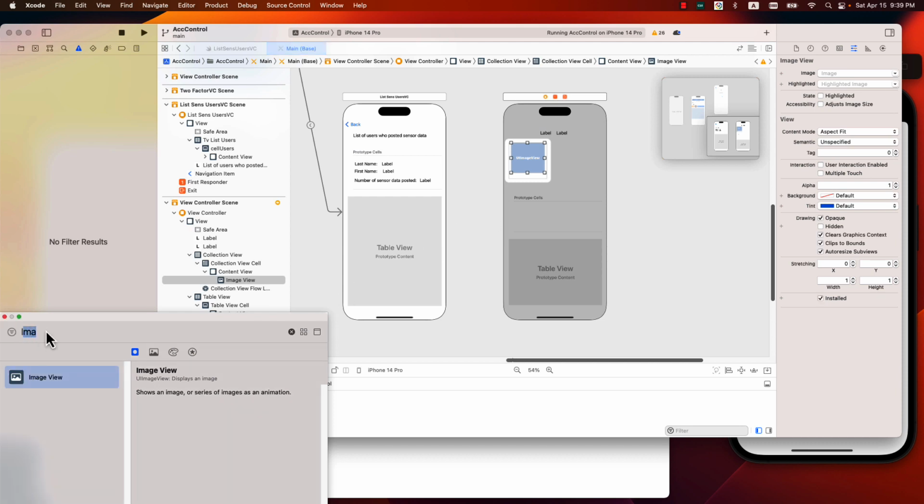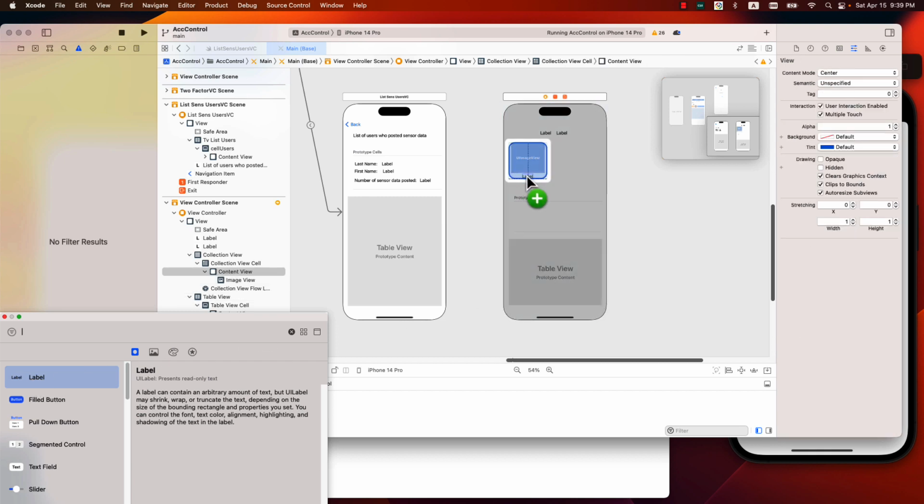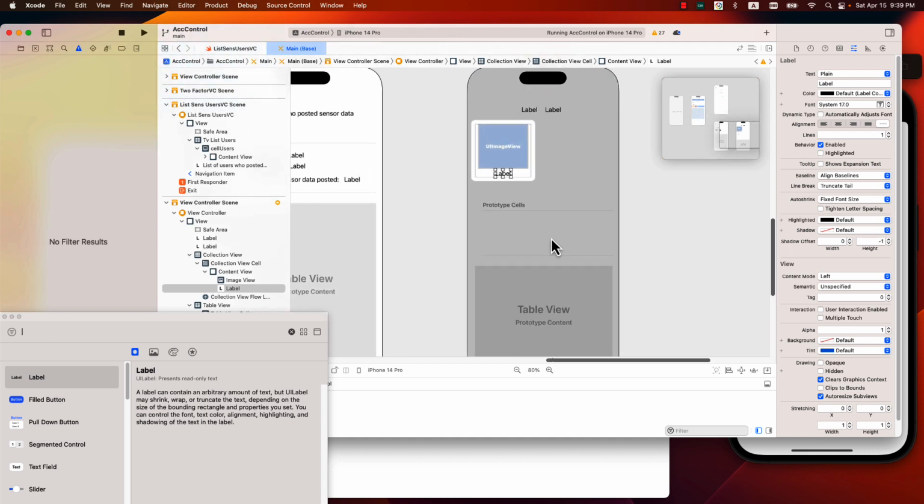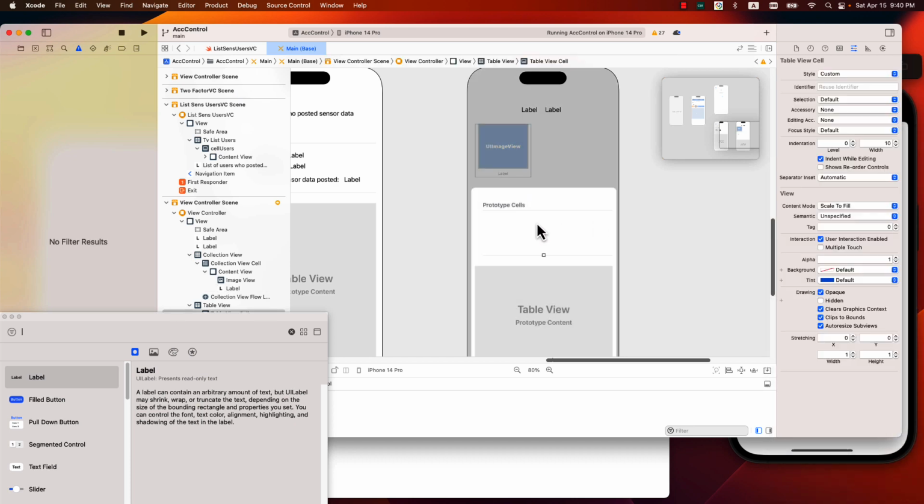And then label. Yeah, I'm gonna put this label here. Make this a little bigger. And then center, smaller. And color, gray. Okay, here